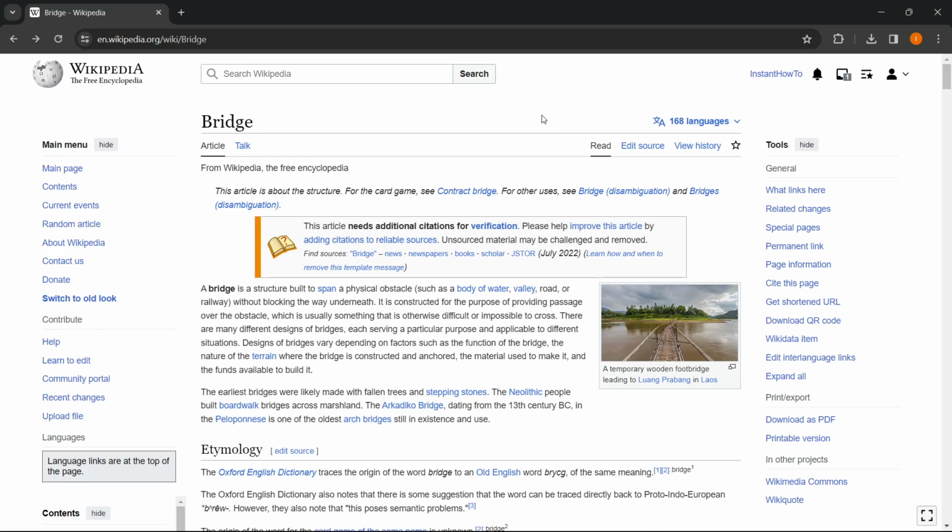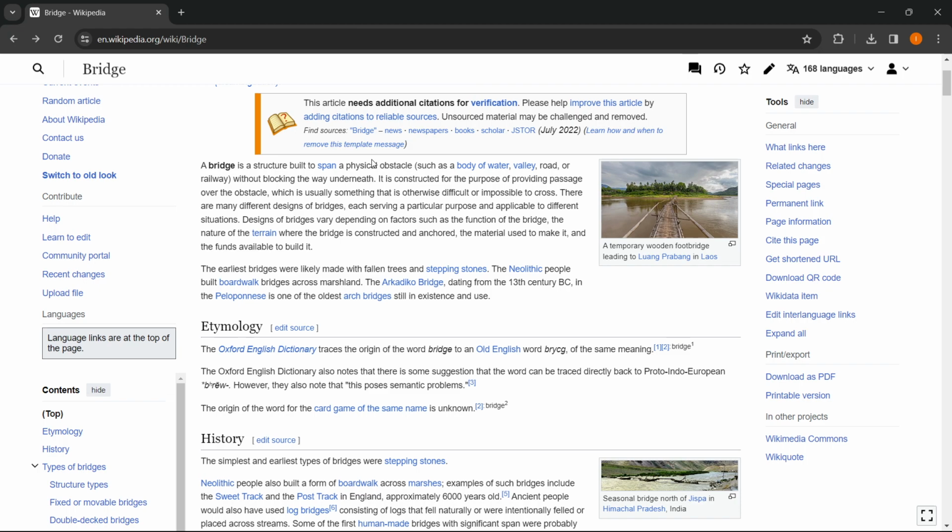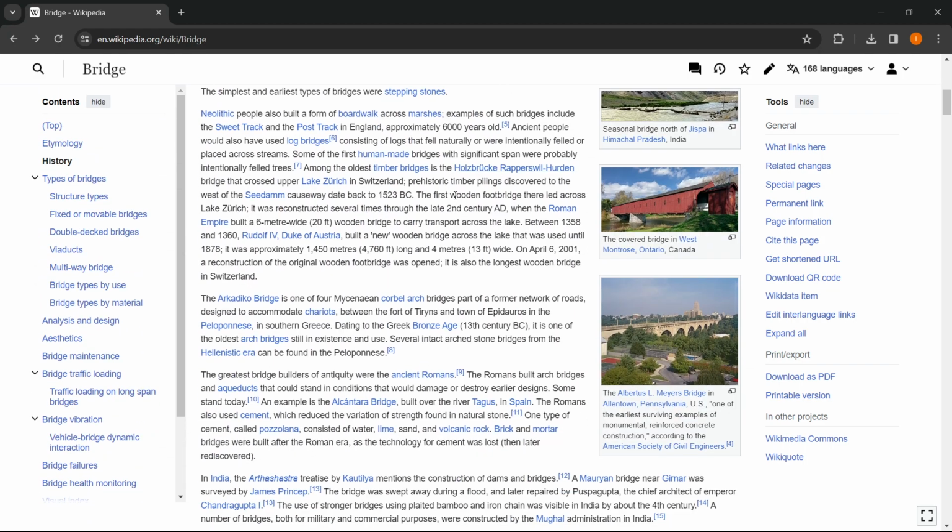In this video, I'm going to show you how to edit Wikipedia. So what you want to do is first find a topic you would like to edit on Wikipedia. So in my case, I found this bridge topic over here. Then what you want to do is scroll down a little, and if you find something you'd like to